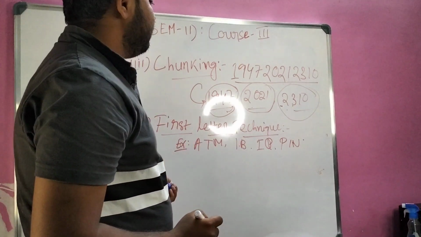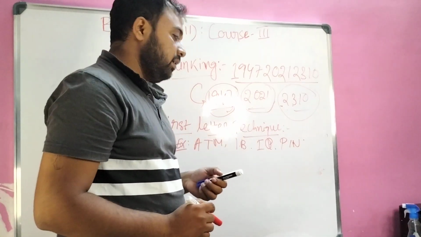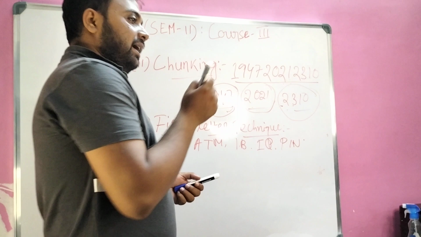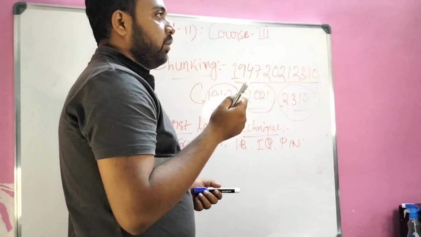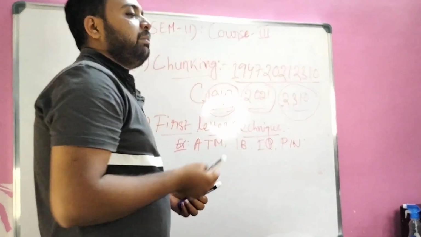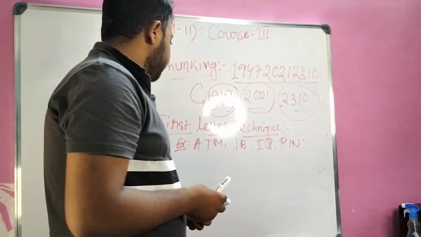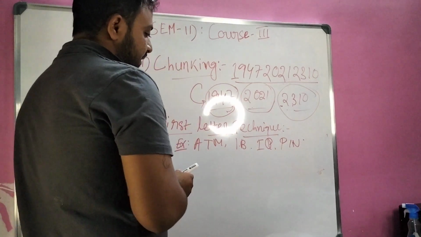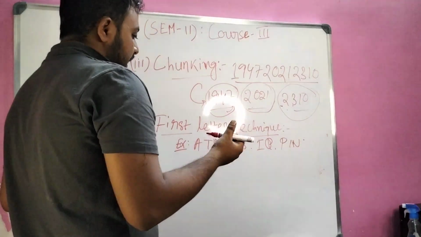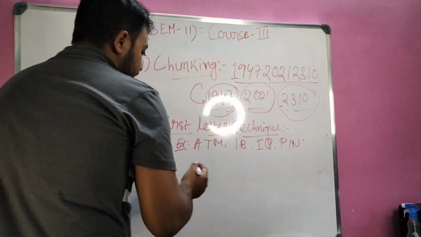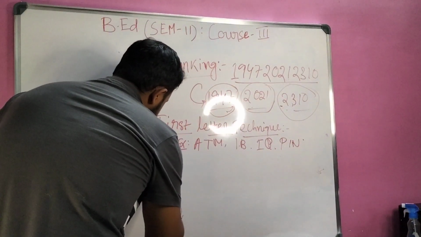So this technique also comes under mnemonics, which helps in improving our memory. Okay, so these are the techniques that help in improving our memory, and other techniques are like engaging